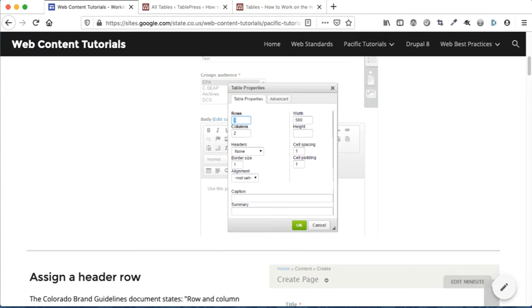This is a page from my tutorial website that talks about tables. When you have content that can be labeled with a logical header, it's fine to put it into a table. So when you click the table button, this particular tutorial is using CK Editor in Drupal, you get a table